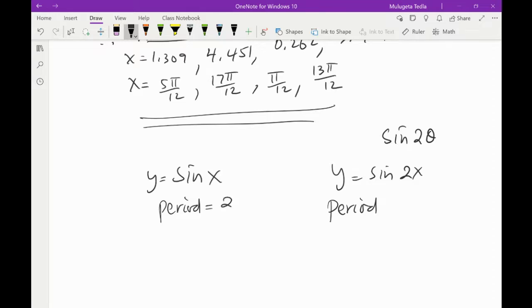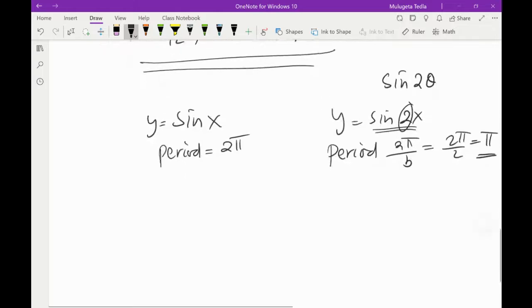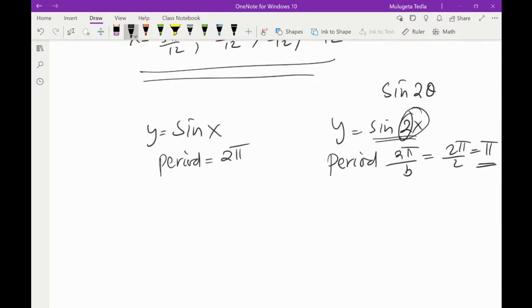What is the period for this? It's 2 pi. The period for the sine of 2x is always 2 pi divided by b, where b is this number. So the period becomes 2 pi over 2, which is equal to pi, see? When you are dealing with 2x, you have four quadrants. So if this is a period, the period here,